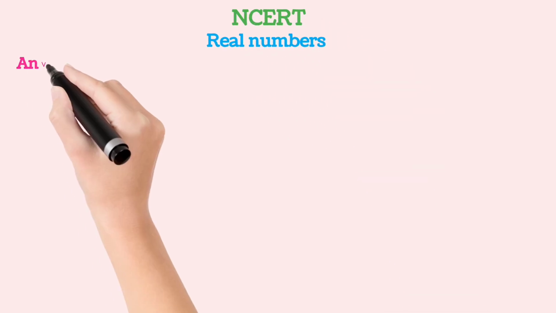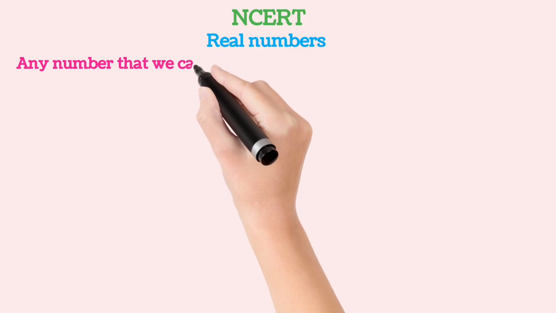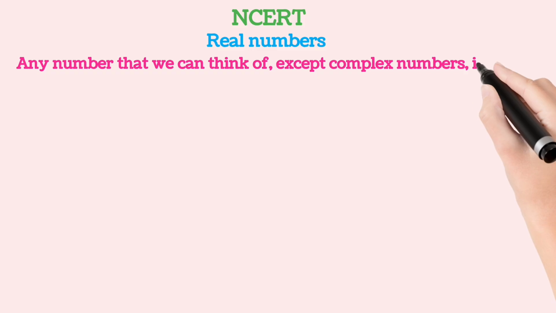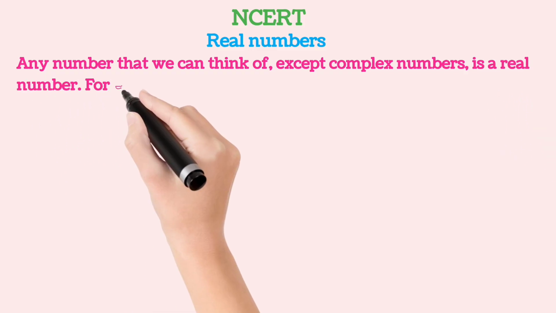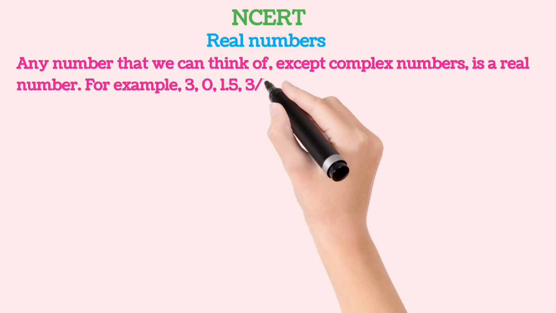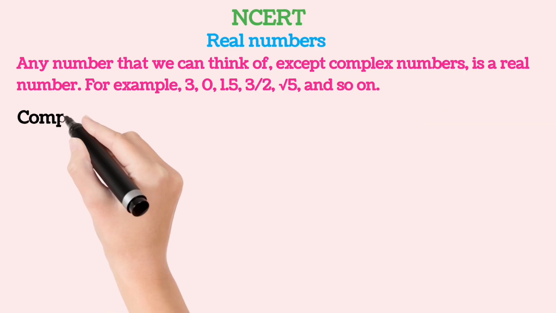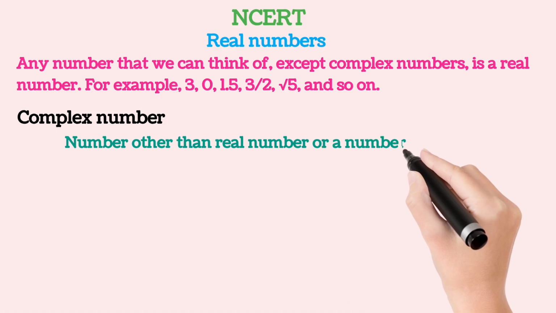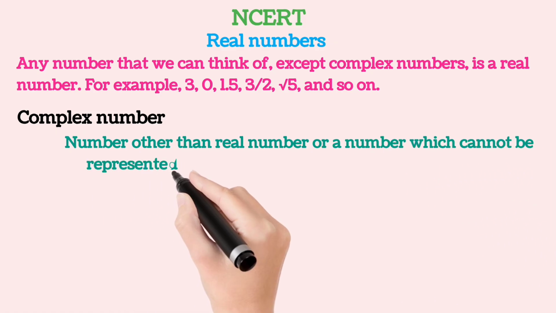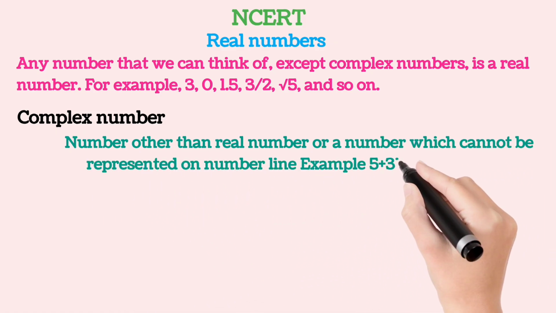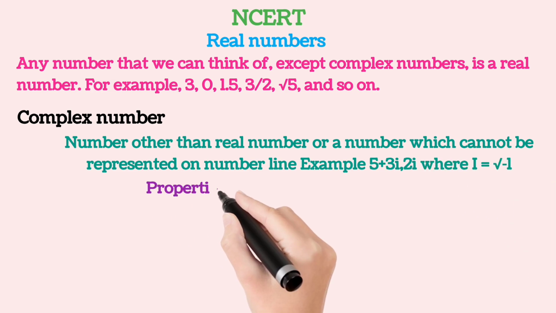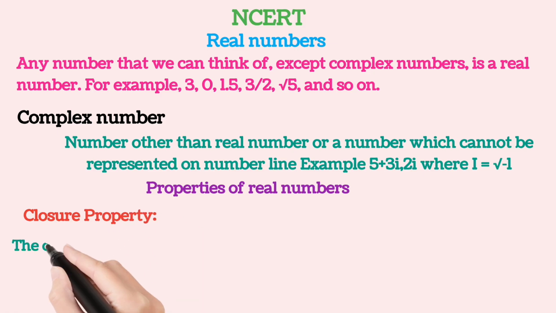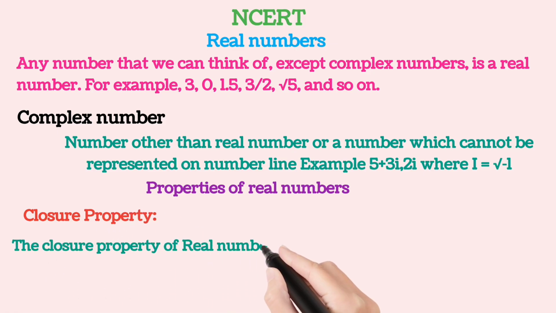NCERT में आज हम लोग रियल नंबर्स पढ़ेंगे। Any number that we can think of except complex number is called a real number. For example 3, 0, 1.5, 3/2, √5 and so on. हम लोग थोड़ा कॉम्प्लेक्स नंबर देख लेते हैं। Numbers other than real numbers, and a number which cannot be represented on the number line. Example 5 + 3i, 2i, where i equal to √-1। Properties of real numbers। पहला क्लोजर प्रॉपर्टी देखेंगे।